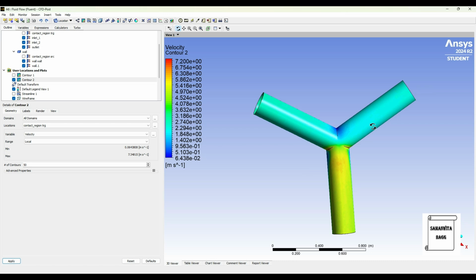Here the velocity will be lesser as I told you because the pressure was more. In this bent area the velocity has become least. Now when the velocity becomes less, the pressure here is going to be highest. In these zones again you can see the velocity is less, that is 0.064, and here the velocity again has increased, but again you can check the colors and accordingly it has changed. So this is the velocity contour.